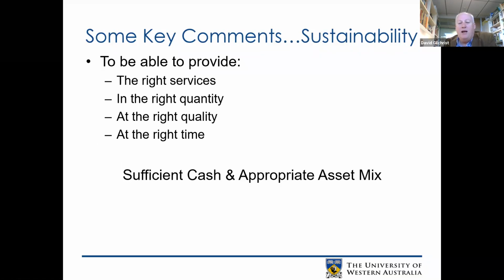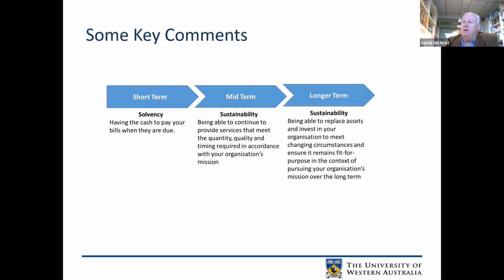We're not going to talk about asset mix today. That's actually part of the presentation next week when we talk about replacement of assets and so on. What we're going to talk about today, I guess, specifically is this idea of sufficient cash to be able to support that ongoing sustainability. The other element of sustainability that I think is important, and we introduced in the last